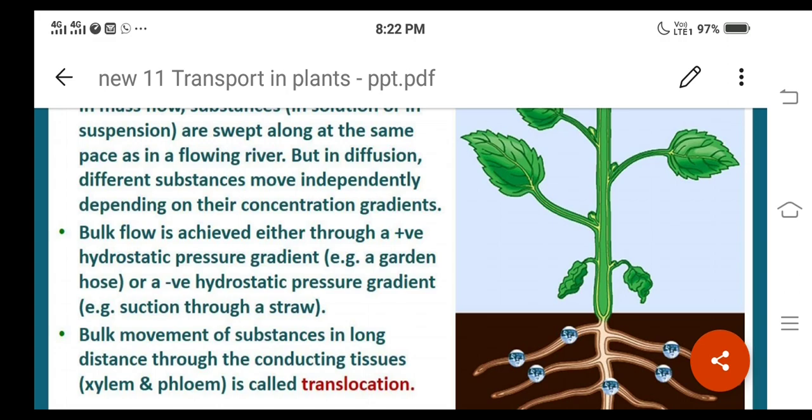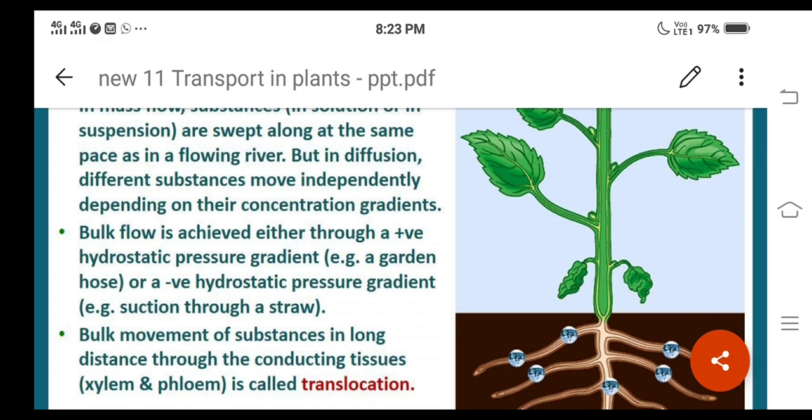Remember, we are going to use two important terms here. In a plant, one is the source and another one is the sink. Source means what here? Source is a region in which the food is manufactured, say for example leaves. Sink means what here? Sink is the region in which the food is consumed or utilized. So we call it the source and sink relationship.